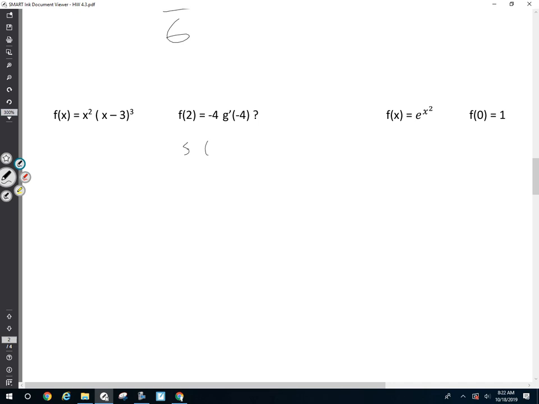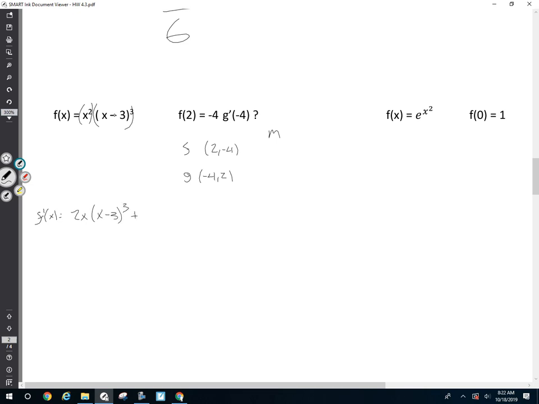Because if I know the slope of f at 2, negative 4, I'll know the slope of g at negative 4, 2. So let's just take the derivative. Now notice, this is not a constant, it is a function, so I need to use the product rule. I need a little bit of space for this, so let's do the derivative of the first times the second